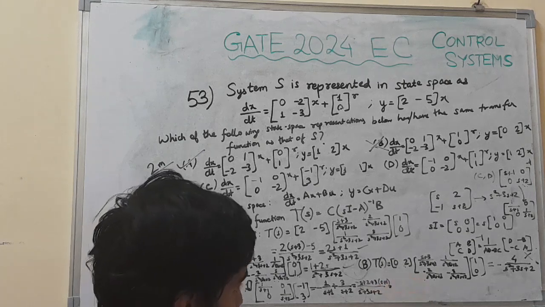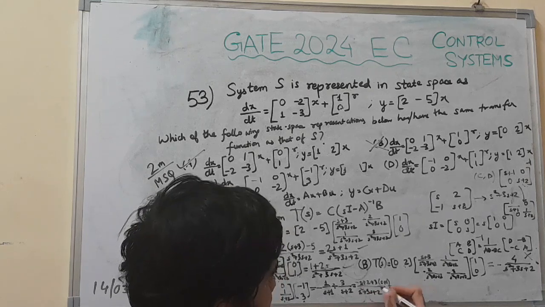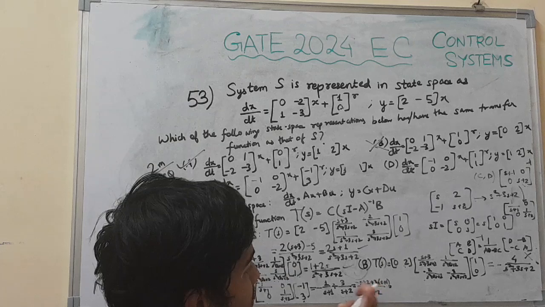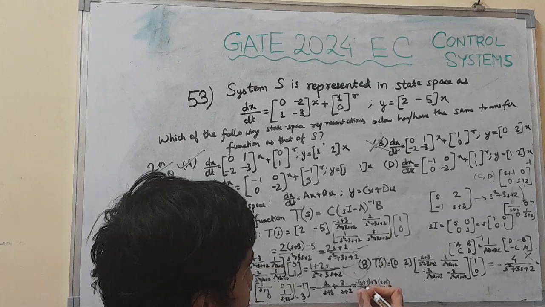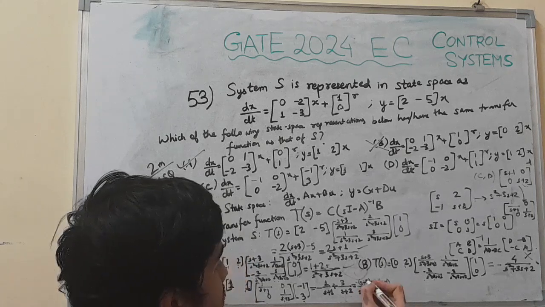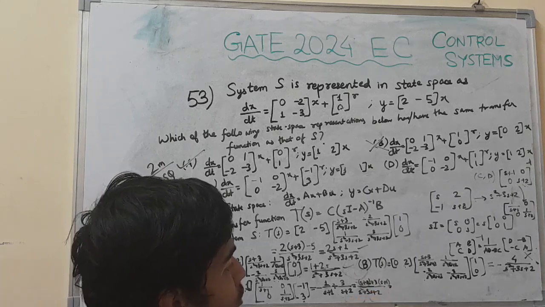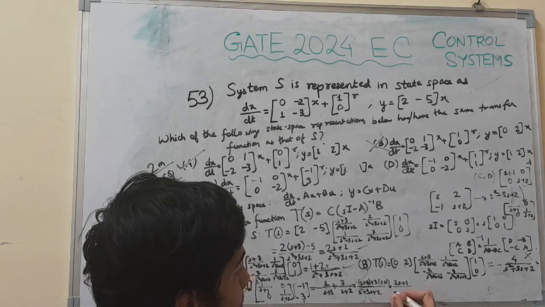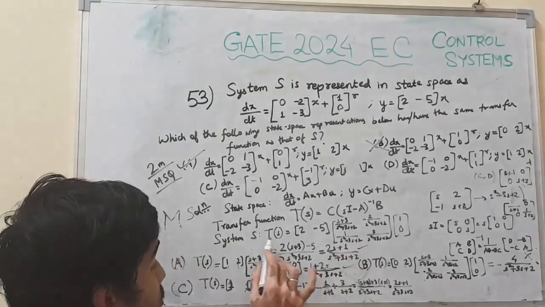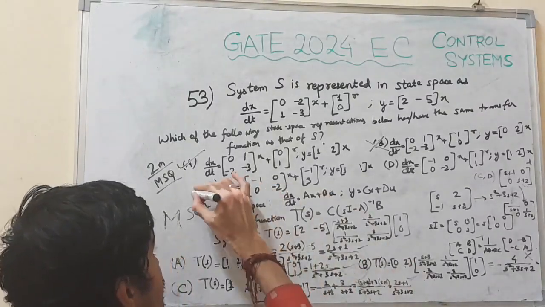ये क्या हो जाएगा, कनेक्ट कर देंगे तो 3s माइनस s, 2s और 3 माइनस, सॉरी माइनस होगा, माइनस बाहर होगा, हाँ तो माइनस 3s माइनस s तो 2s और 3 माइनस 2 तो प्लस 1, तो हो जाएगा बेसिकली (2s प्लस 1) बाई (s स्क्वायर प्लस 3s प्लस 2)। तो क्या हो गया, फिर से मैच करके ऑप्शन जो s का ट्रांसफॉर्मेशन है सिस्टम s का, तो हम निकाल लेते हैं उसके साथ मैचिंग, सो ऑप्शन सी इज आल्सो करेक्ट।